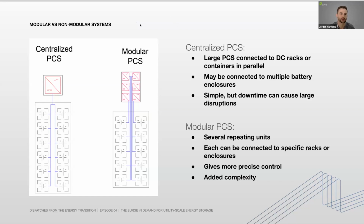So if one battery pack fails or PCS fails, you're only down that small power producing unit. In our case, 200 kilowatt, as opposed to a central PCS, where you'd be down your whole 2.5 megawatt or larger block. And then, like Lucas mentioned, if you're changing out batteries,